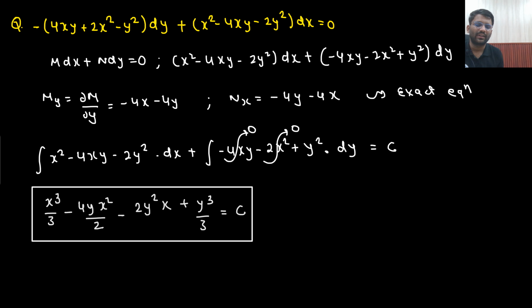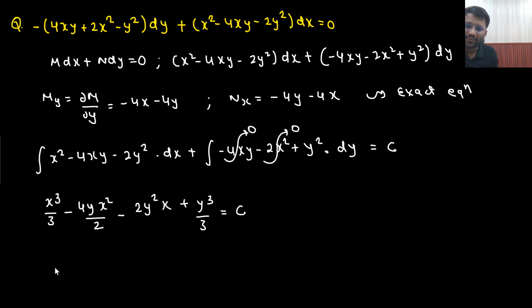This is the answer that we are getting. That's it. Okay. So this could be written in a better way also. How can we write it down? x cube plus y cube by 3, x cube by 3 plus y cube by 3 minus